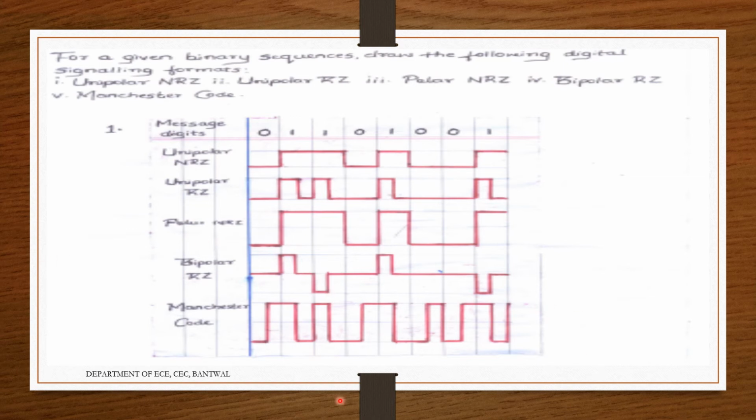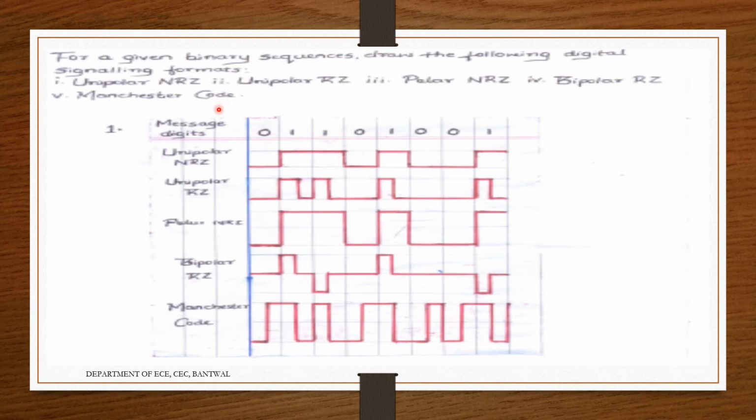It is alternate mark inversion. So alternately it will mark the thing. The first one will be positive, the next one will become negative. So again 0, next again one positive, again the next one will become negative. So this is the AMI technique. Usually odd-numbered ones will become positive, even-numbered ones will become negative, or a -1.